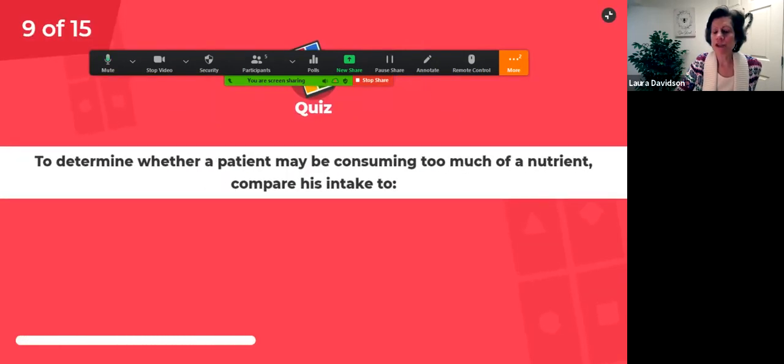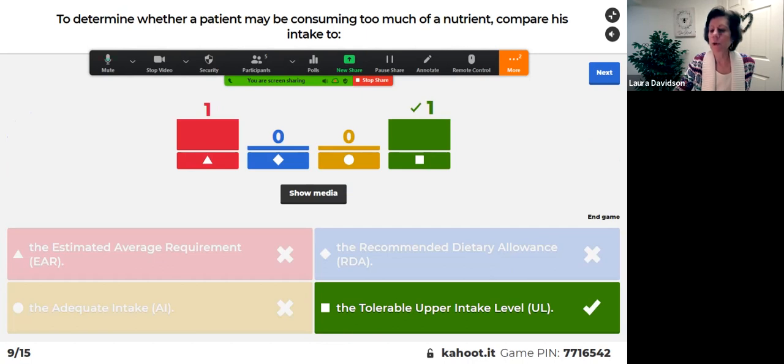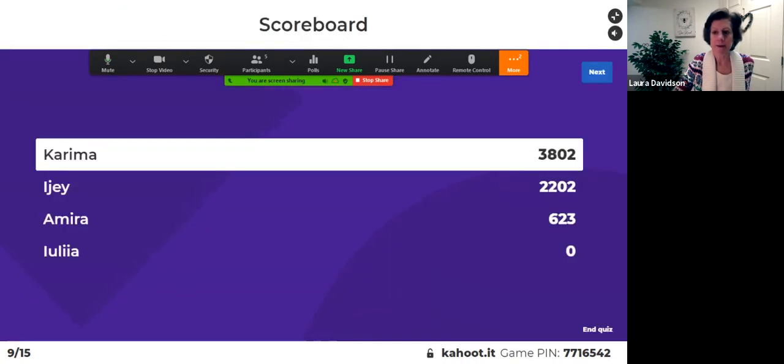To determine whether a patient may be consuming too much of a nutrient, compare his intake to which one of these dietary reference intakes. We didn't cover this today, but this was in the lecture. Okay, it's the UL, the tolerable upper intake level. So this is a reminder to review these different dietary reference intakes. You'll definitely see them in the test. And we will use the UL in Unit 4 in the homework as well. Okay,